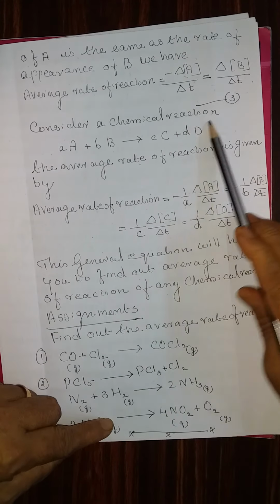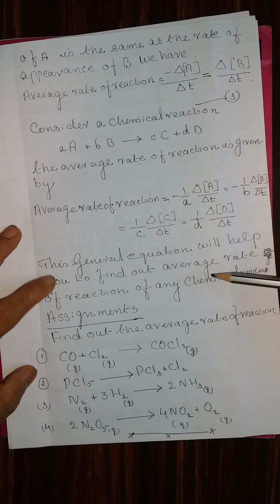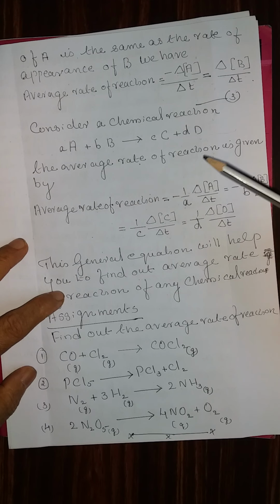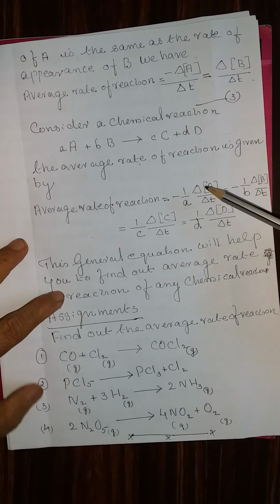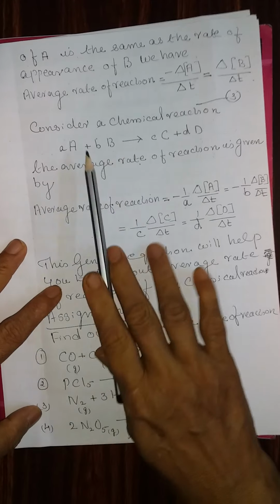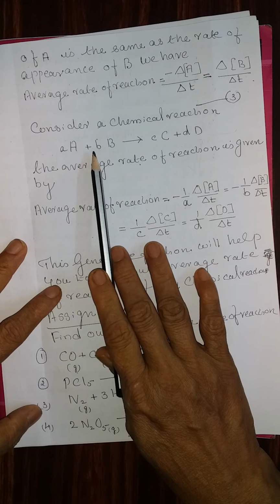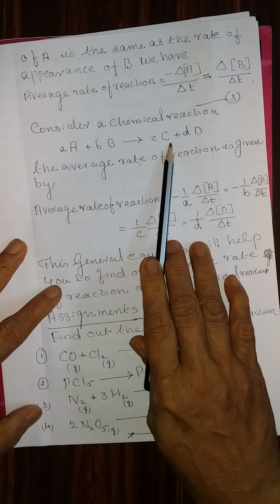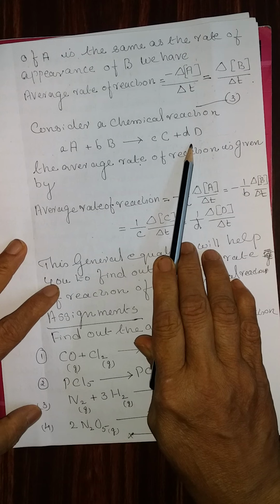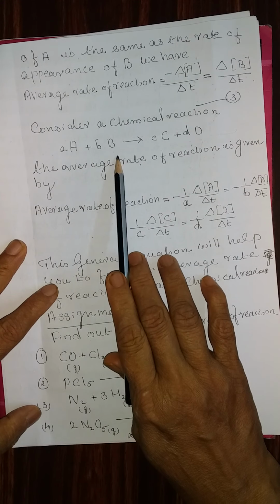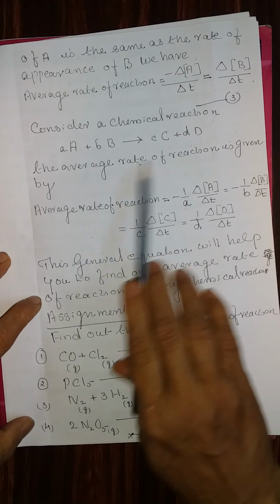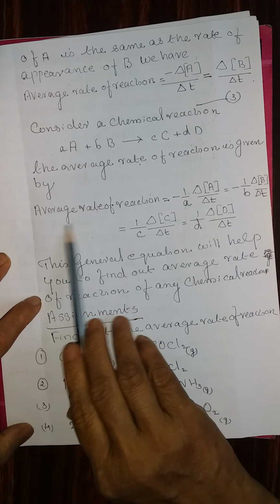Now, consider a chemical reaction. For doing assignments, consider a general equation. The relationship between the stoichiometric factors and the reactants and the products will be clear from this example. Consider a chemical reaction aA plus bB giving cC and dD, where small a, b, c, d are the stoichiometric factors and capital A, capital B are the reactants, and capital C and capital D are the products. The average rate of reaction is given by,